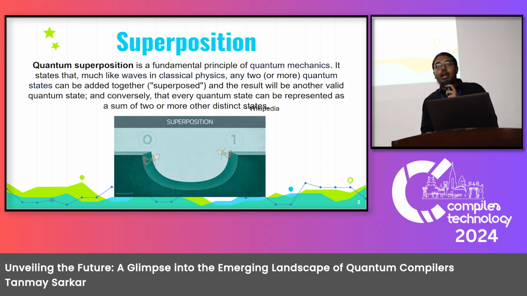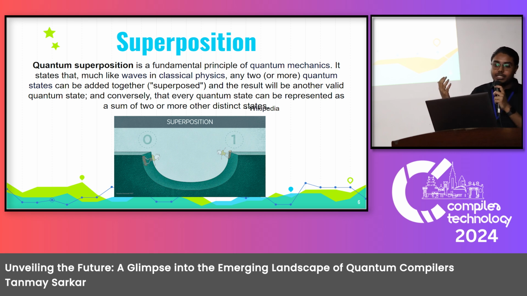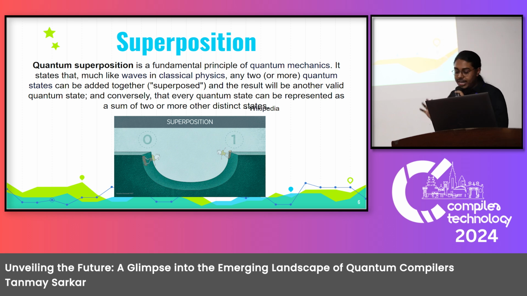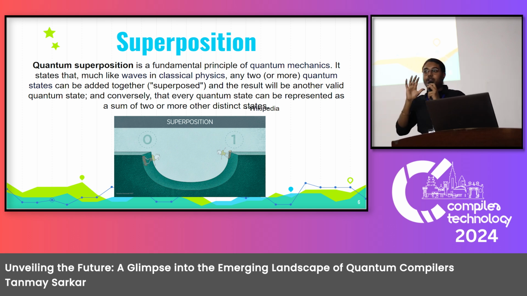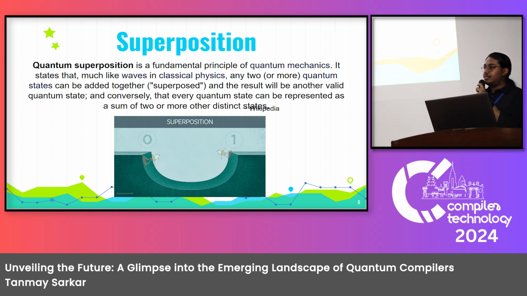So how is it different? It's different because it acts as a quantum particle, and it exhibits quantum properties like superposition and entanglement. This is a standard definition from Wikipedia. For our computing-specific case, what we can think of superposition is that both 0 and 1 can exist simultaneously. So if you are given n qubits, simultaneously you can represent 2 to the power n states. But there's a catch.